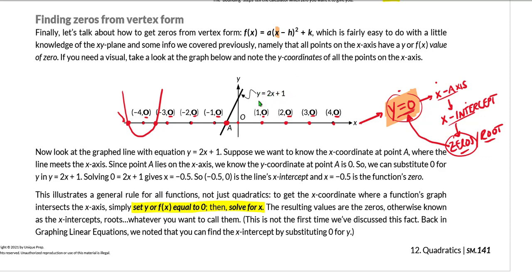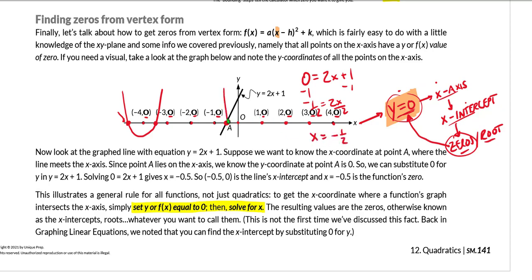If I wanted to know the coordinates of point A right here, all I would do is set y equal to 0, and then I would start solving for x, and I would get -1 equals 2x, dividing by 2, I get x equals -1/2,